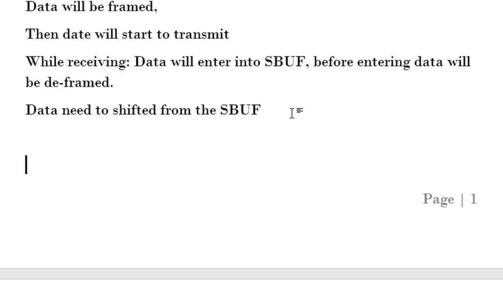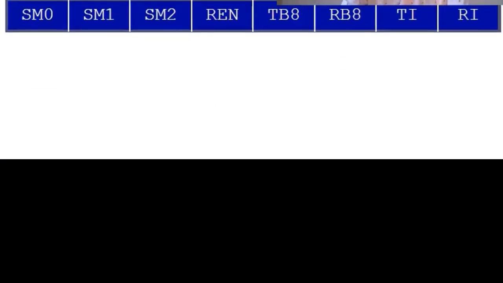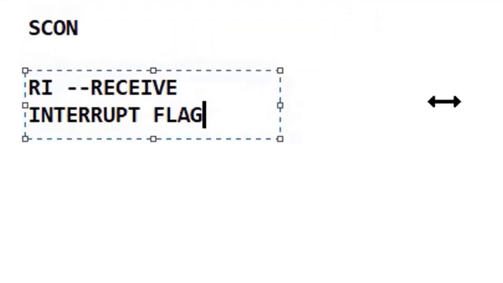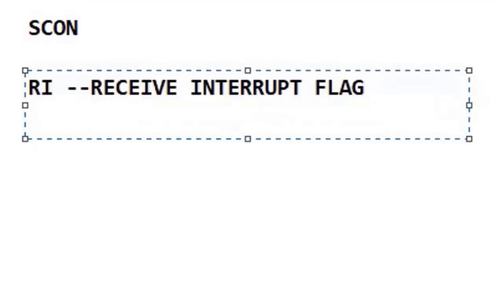Next register coming, that is the SCON register. This is serial control register, 8 bit register. From the right hand side, first one is the RI. This is receive interrupt flag. So this is a flag, means actually this will give the status কখন রিসিভ ইন্টারাপ্টটা হাই হয়।